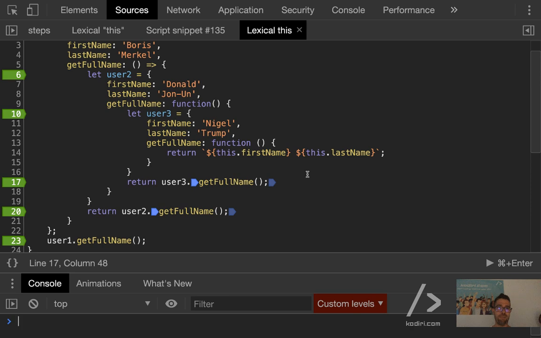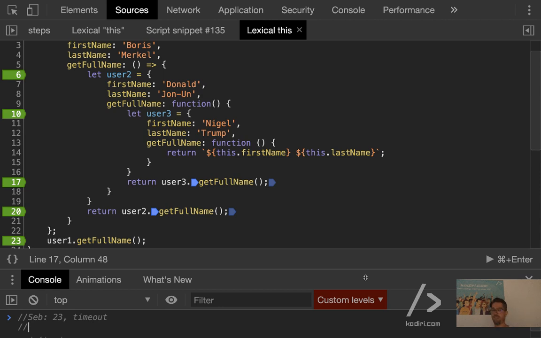Can anyone tell me the execution order? Okay, so Seb goes first. Seb said 23. What else, Seb? All right, timeout. Next. Will it go 23, 6, 10, 17? Right, so 20, then 17, and then we throw over the objects here. So you said 10, 20, 20, then